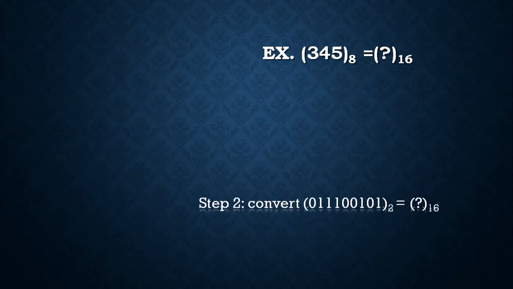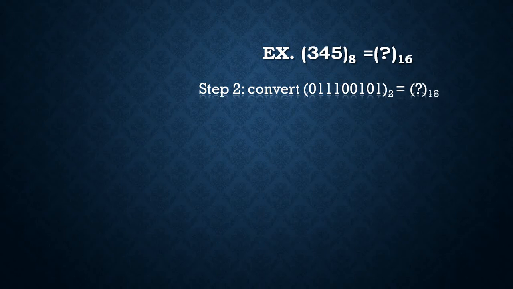Now again we have to convert this binary number into the hexadecimal number system. For that purpose we divide the number into groups of 4 starting from the right. So we get the first group as 0101, the second group as 1110, and for the last we have to append 3 extra zeros to create the next group as 0000. Again we use the relation table of hexadecimal and binary numbers to find the hexadecimal equivalent for this binary number.